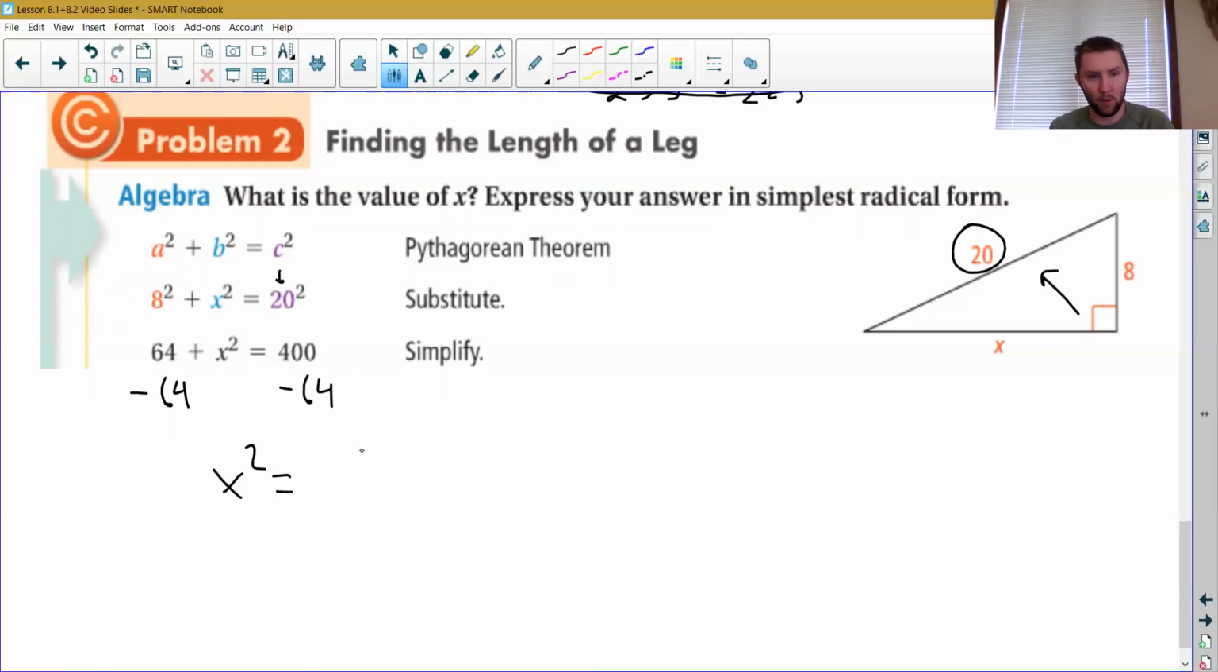x squared would then be equal to 336. And then we would square root each of those. x would equal whatever the square root of 336 is. I don't know it off the top of my head. I think it will come up as a decimal in our calculator,